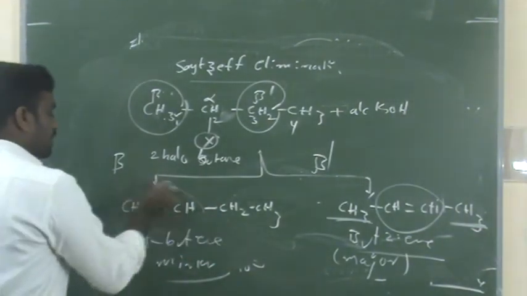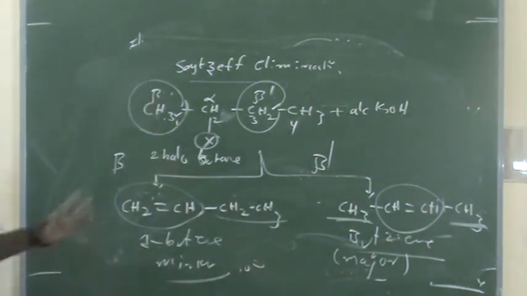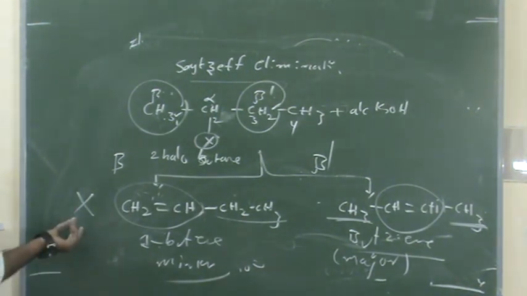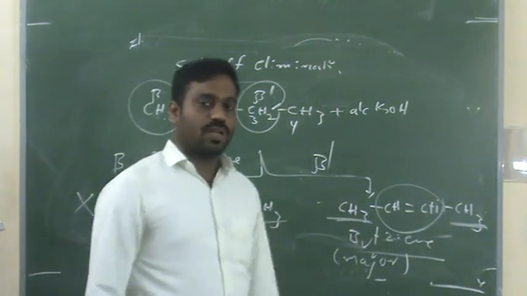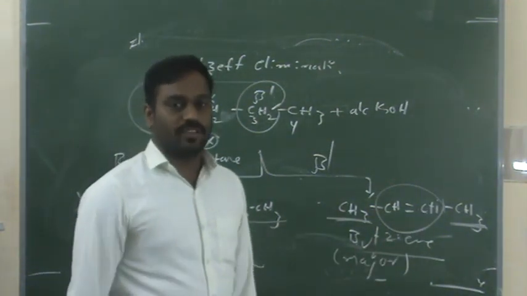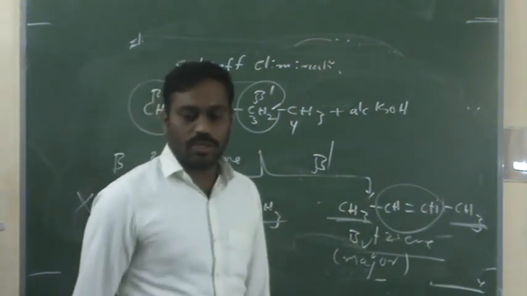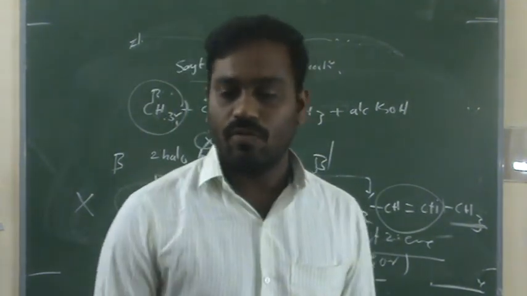But in the other carbon-carbon double bond, on this side only one substitution is there, and on this side there is no substitution. So this is a less substituted alkene, but the other is a more substituted alkene. According to Saytzeff elimination, the more substituted alkene is the major product. So thank you so much. In the next class we will discuss other topics.